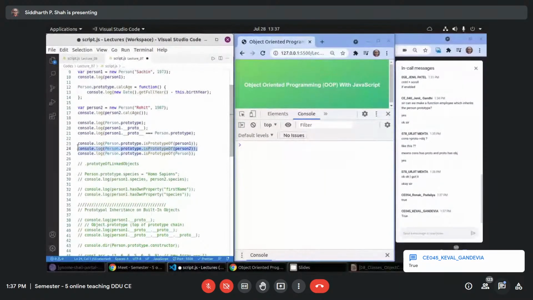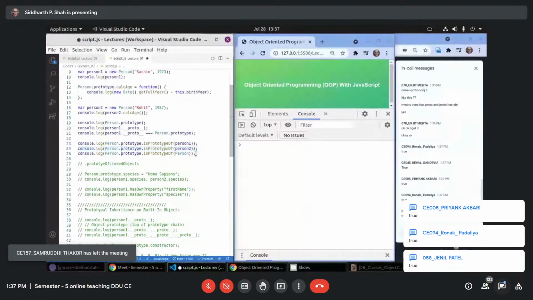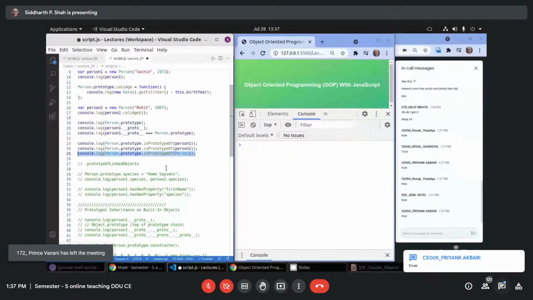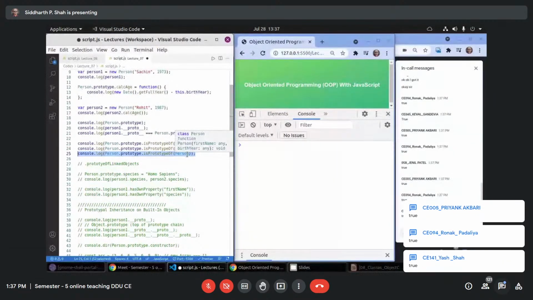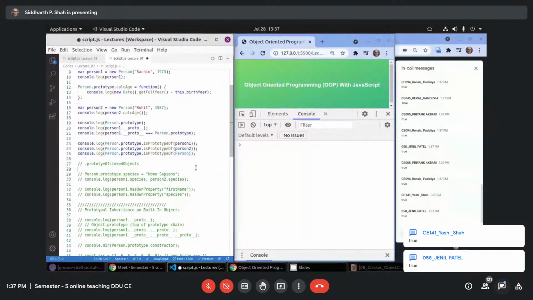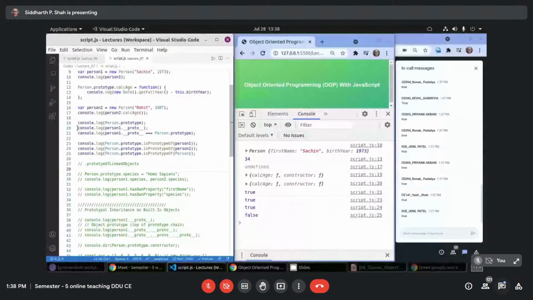For the second, true. And for the third, Person is also one object, right? It's a constructor function. Is it true? Is it true? Okay, let me hide this so you get it.